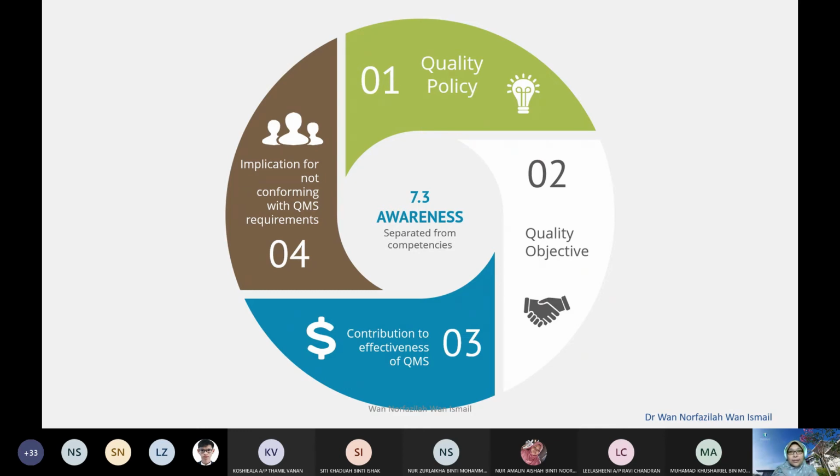their job well. Okay, kenapa saya cakap cleaner? Banyak kali highlight on cleaner. Cleaner tak ada knowledge chemistry pun. Tapi contribution dia penting kan? Kalau you guys as a chemist, memang dah kerja dekat lab chemistry, you are supposed to know how to handle a broken glass. Okay, but then if you also didn't know the implication of not conforming with the quality management system, you can also break the requirements of ISO 9001.